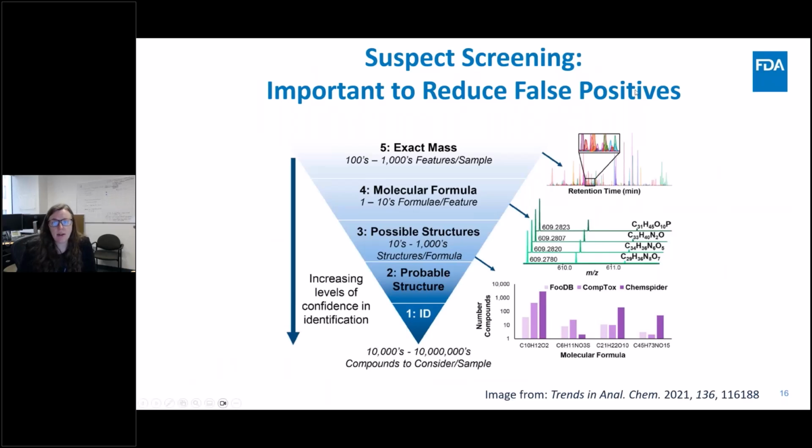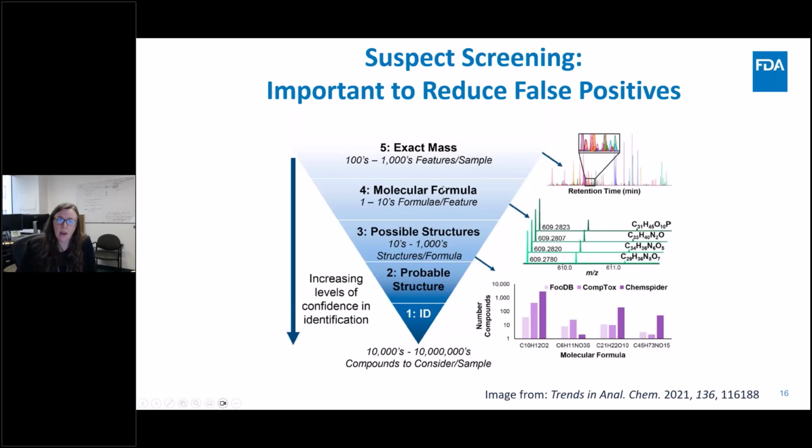And to give you a sense of why this matters so much: for every sample, we tend to detect hundreds to thousands of features. That's roughly represented by these peaks here. Then for each one of those features, we can generate, say, 1 to 10 or so possible molecular formulas. Here's an example of 4 pretty different molecular formulas that all have masses very, very close to each other. The more accurately you know that mass, the more you can start excluding some